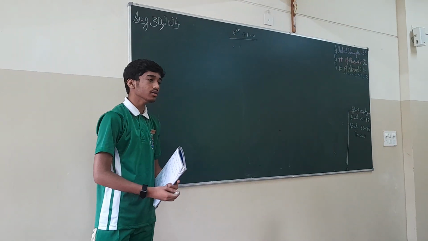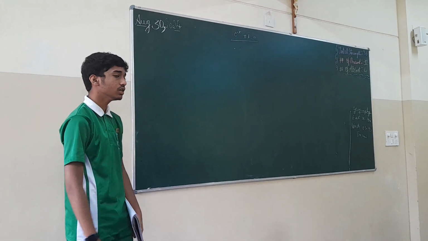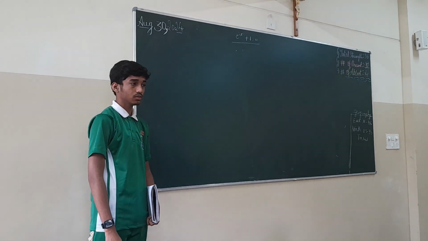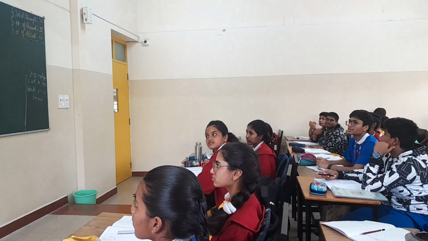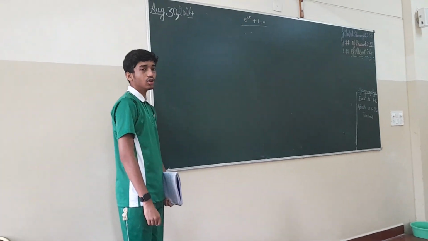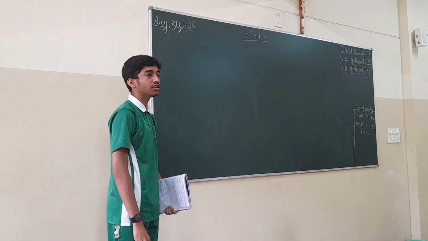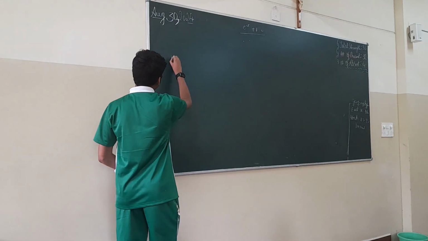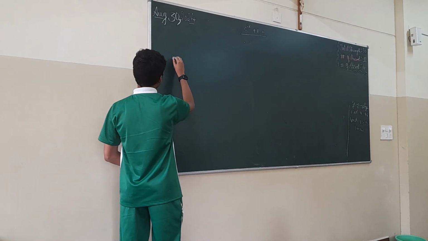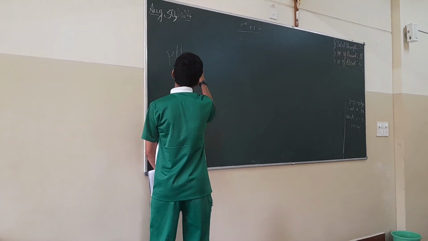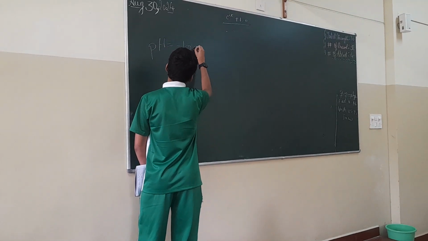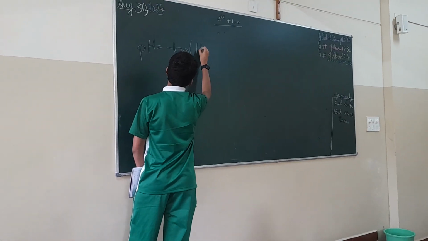Now we are going to find the pH level of a solution using logs. First, what is pH level? Anybody? pH level is also known as the number of active hydrogen ions in a solution. We have a formula. The pH level of any solution is equal to the negative log of the hydrogen content.